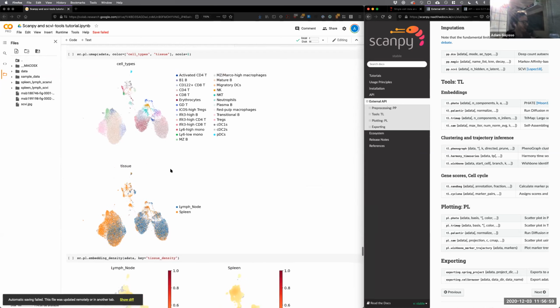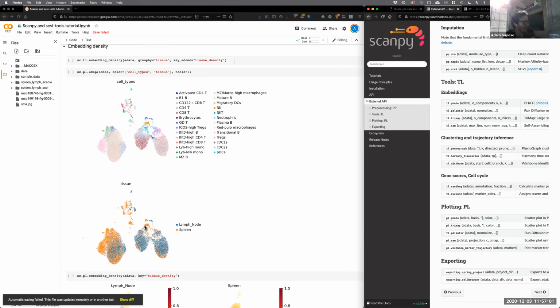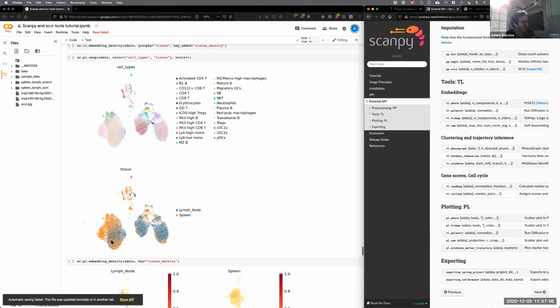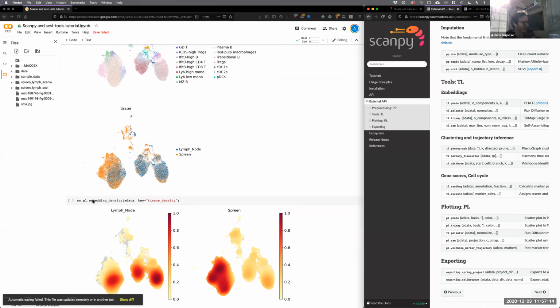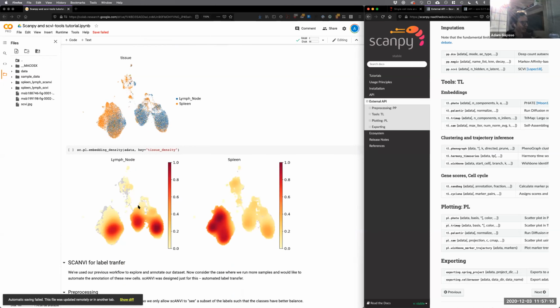This particular data set, we measured cells from two tissues, the lymph node and the spleen. It's possible that you might want to understand cell types where there's a higher density of cells from the spleen relative to the lymph node. They have this fun function called plot embedding density. And it kind of